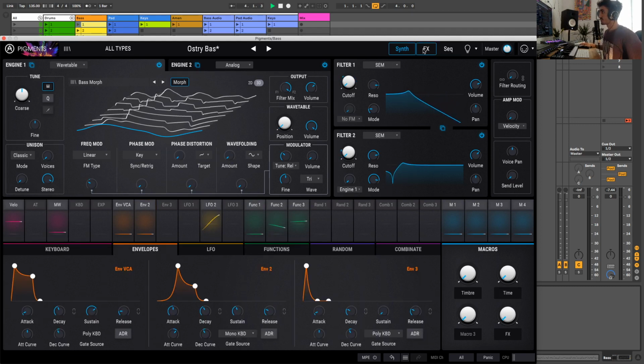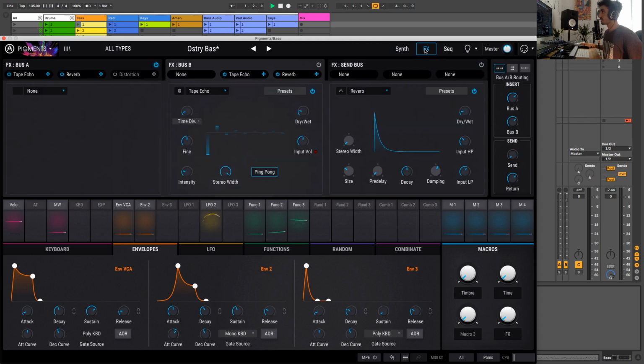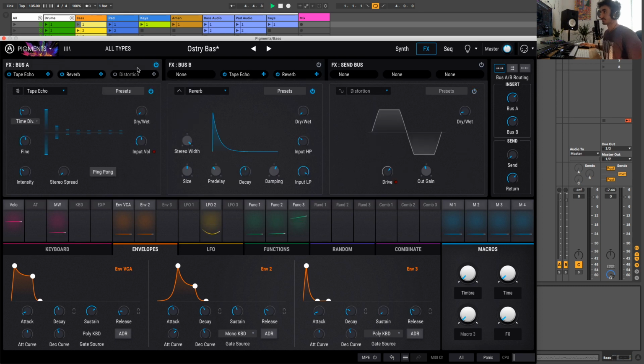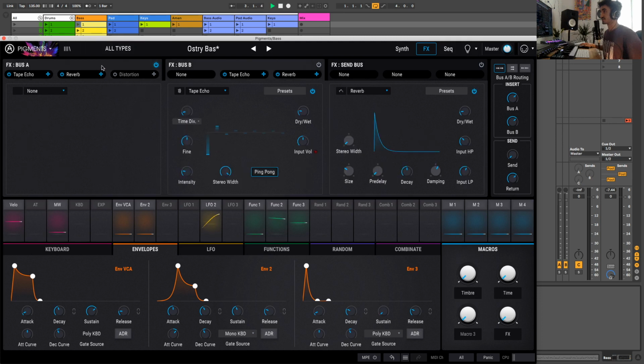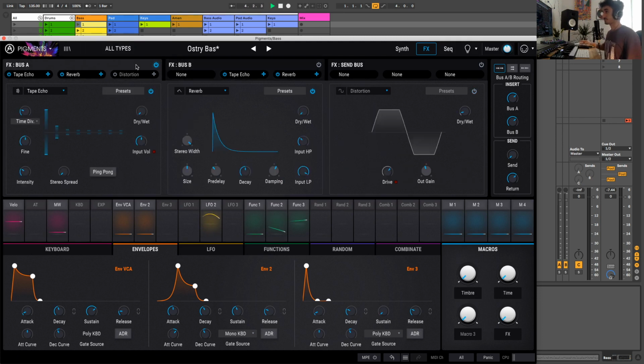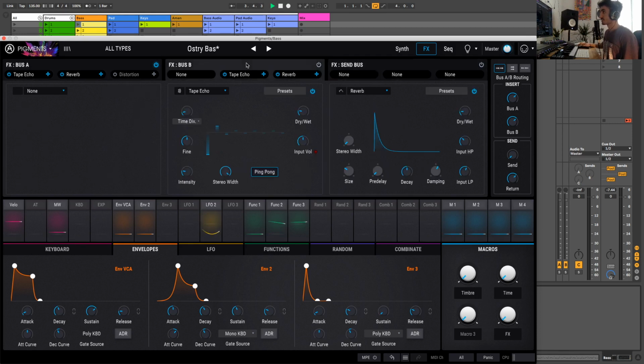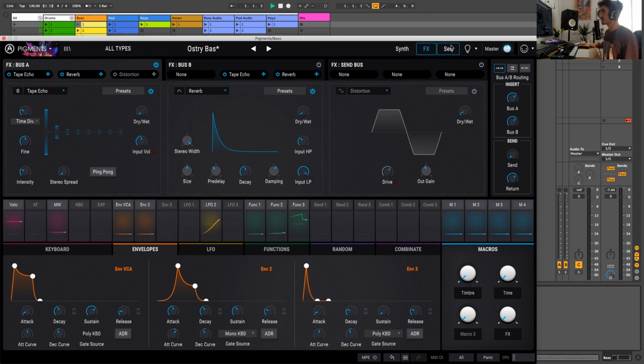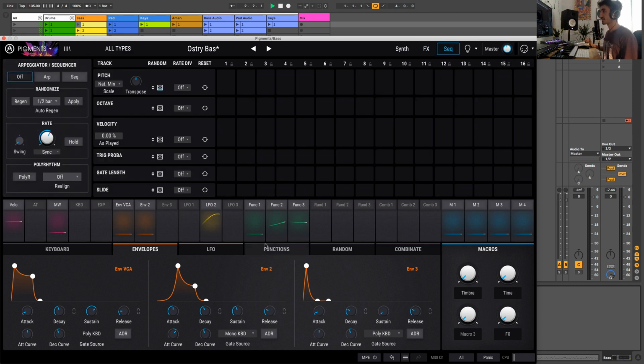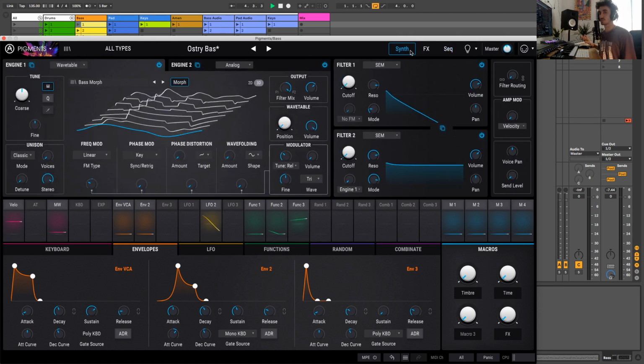I just wanted to show you that Pigments is actually an all-in-one solution, because if you switch the view to the effects, now you see that Pigments is not just a sound creation tool, but also it's equipped with great effects. So we get a bus A, bus B, and the third bus. So you have 9 effects that you can use at the same time. You can also sequence your music and use the arpeggiator within Pigments. So as you can see, it's an all-in-one solution tool